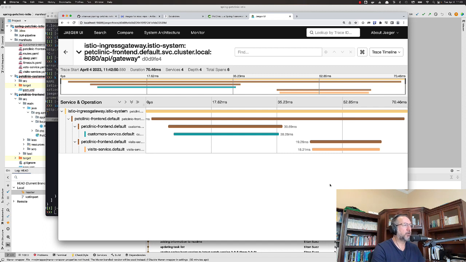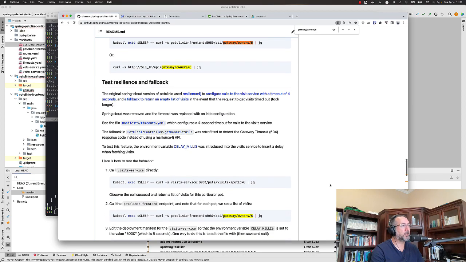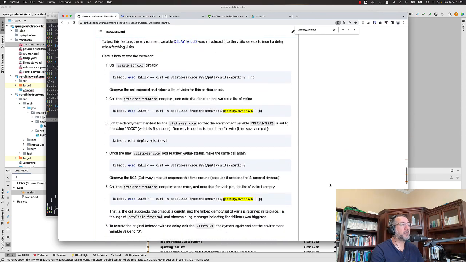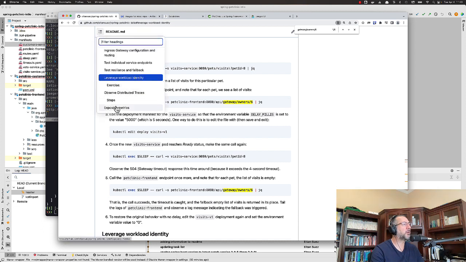Okay, so you see distributed traces. It all works just out of the box. I didn't have to set up anything. And you could also bring up Grafana. We could deploy the Grafana add-on and show you the Istio Grafana dashboard and send a request. So there's full coverage of observability. We could see the metrics, the logs, the distributed traces, which is terrific. But the point that I think needs to be made here is not so much that those are available,